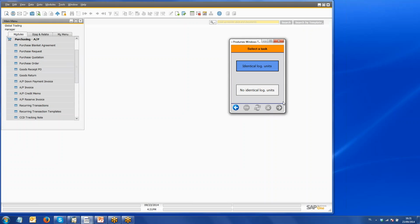So basically what you're doing is, if you are receiving a number of pallets which contain all the same products, then you can indicate, okay, I'm going to receive identical logistic units. In that case, for instance, if you're receiving 5 pallets all containing the same product from the same batch, you should not do 5 individual receptions, but then you can say, I'm going to receive a number of identical logistic units. Now in this case, I'm going to receive a single logistic unit, so I say there are no identical